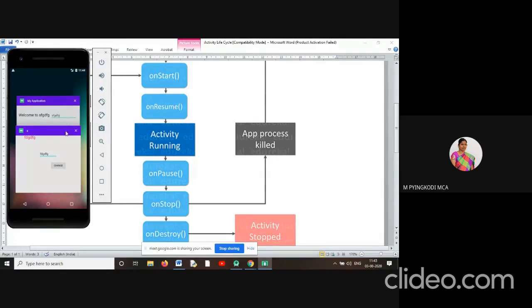This activity will be intimated that you have to start one more activity. You just go into pause mode, and like that it will intimate this activity via the on pause method. So that is a callback method.